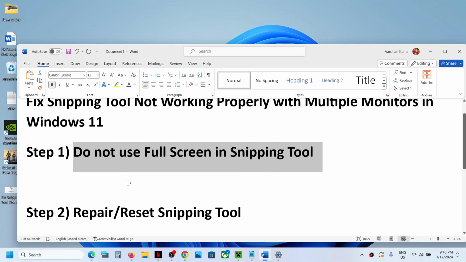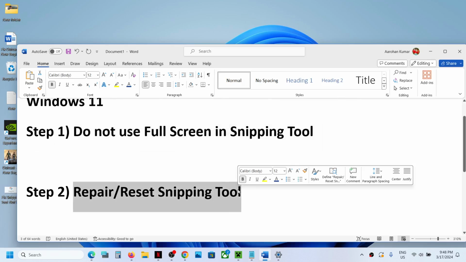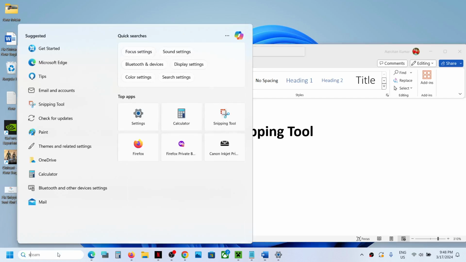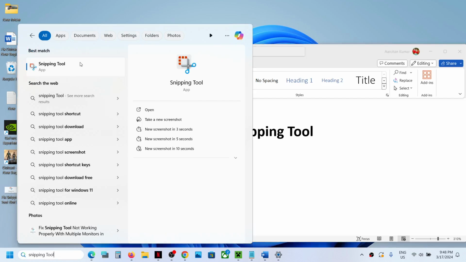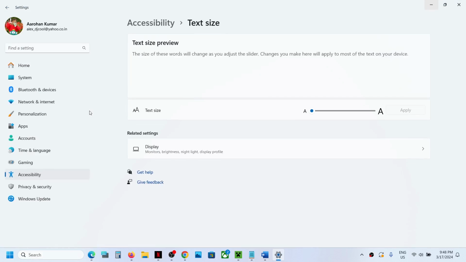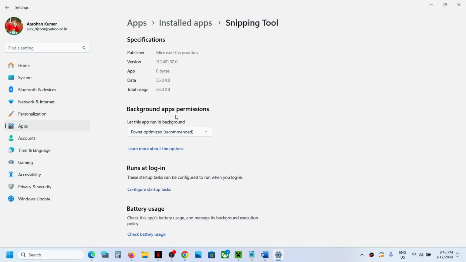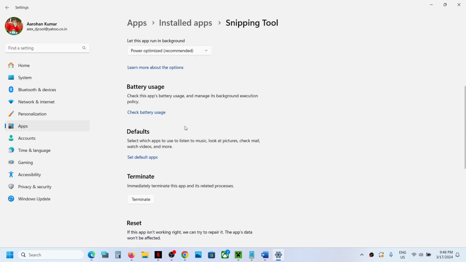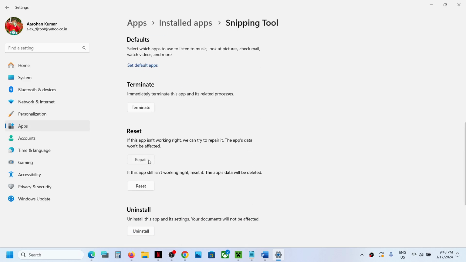If that does not work, the next step is to repair or reset Snipping Tool. So type Snipping Tool in the Windows search box, then right-click on Snipping Tool and click on app settings, and then scroll down. Over here you can see the repair option. So click on repair,